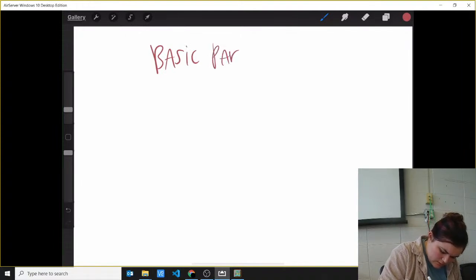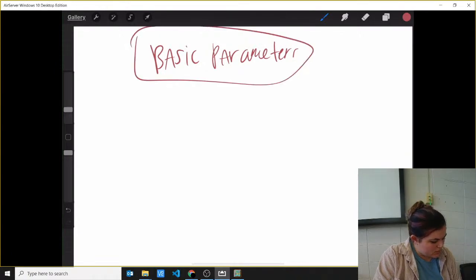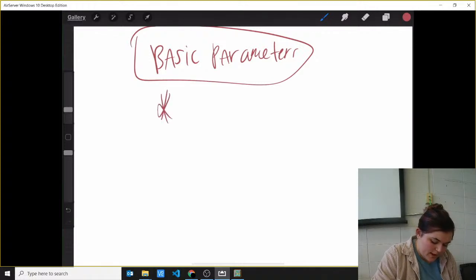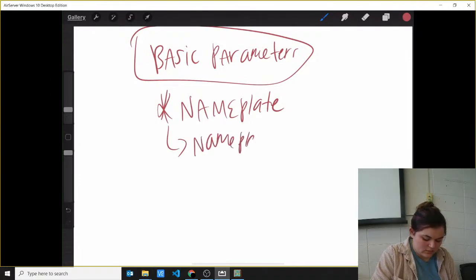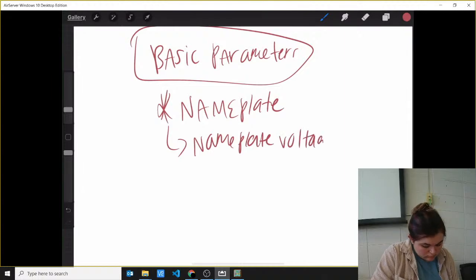The basic parameters of the programming of drives normally require technical information listed on a motor nameplate. So they're normally on the nameplate. If that motor is rated to a certain temp, that would be in the parameters. I know we've said that, but it doesn't hurt to say it more than once. So, from the nameplate: voltage, current, frequency,